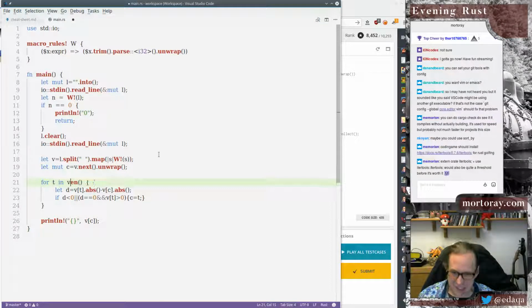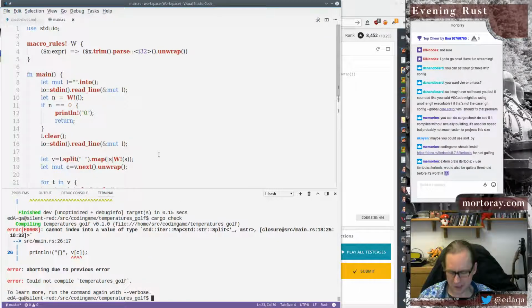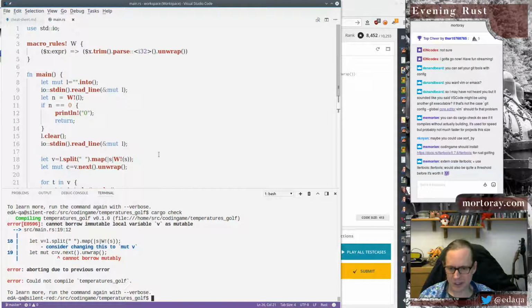And maybe v t just becomes c t. I don't get the syntax right. And this just becomes print c. Is that actually smaller? It is smaller, so if this works,